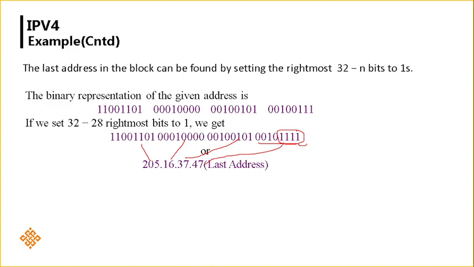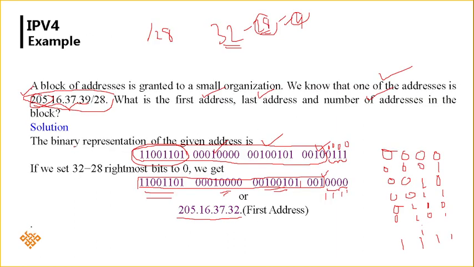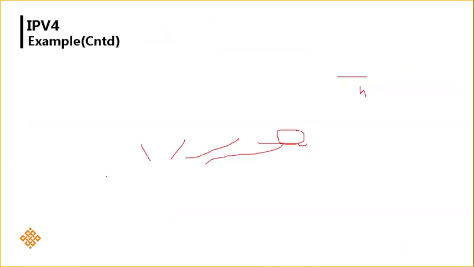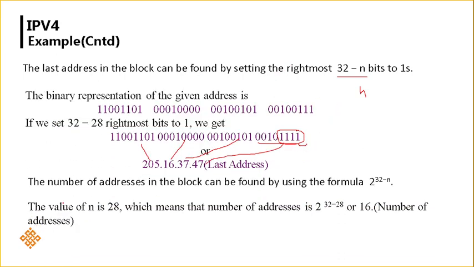So the last address in the block can be found by setting the rightmost 32 minus n bits to 1s. That is 32 minus 28. n is here 28, so 4 bits. Those 4 bits are 1s. So here is what we did. Hope you understood now how to find the first address, how to find the last address,